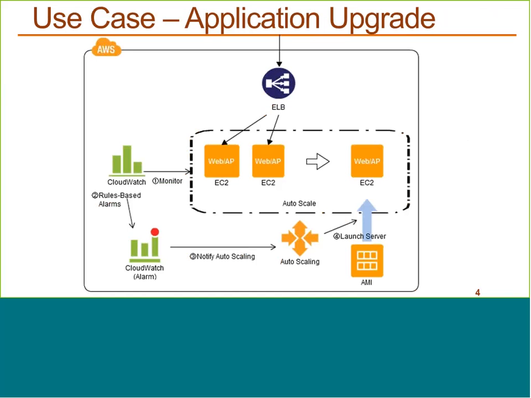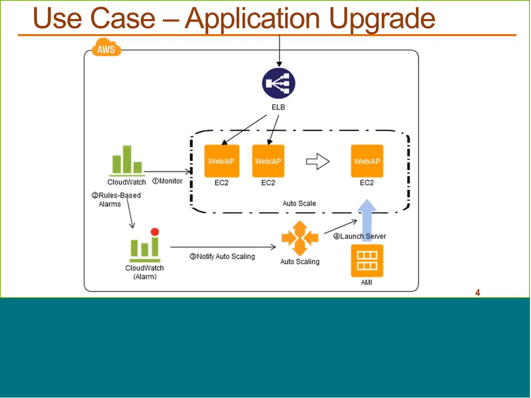Now what happens if I want to upgrade the application? I've got the next version of the application, and I want to upgrade it. I could do it one EC2 instance at a time, right? But many times when I'm upgrading, I want to upgrade the entire auto scaling group in one shot. Make sense? I want to upgrade the entire auto scaling group in one shot. So the way to do that is